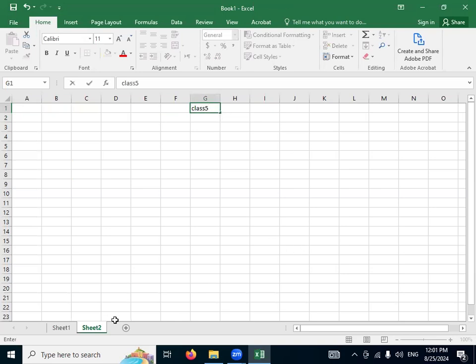Then I will add Sheet3, where I can make the result of class 6. In this way, I can make different results. When I select the sheet of class 4, it will display the result of class 4. I'm not going to make the proper result, I'm just giving you the idea, so it will be easy for me to get an idea about it.